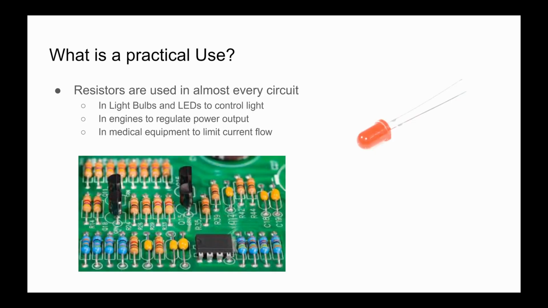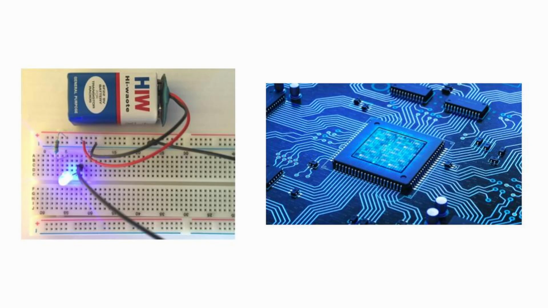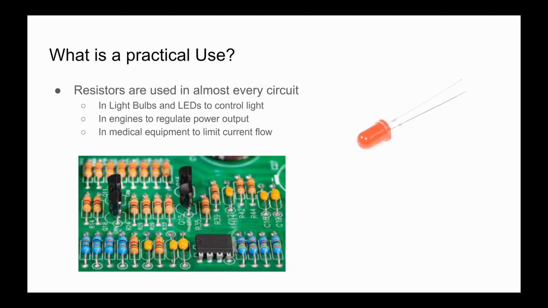So how would you use a resistor in a practical way? Resistors are used in a wide range of electronic devices, from simple LED circuits to complex microprocessors. For example, resistors are commonly used to control the brightness of LEDs, protect transistors from excessive current, and set the gain of operational amplifiers. In addition to their use in electronic devices, resistors are also used in other fields, such